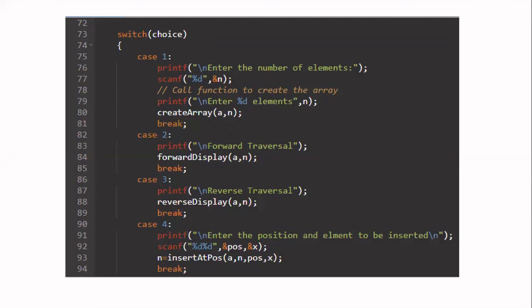If you see the function create array, we specify 2 arguments. The first argument is an array. The second argument is one integer. Okay. Here I am specifying the array A, then I am specifying the integer n. Can I change the order here, n and A? Is it possible?